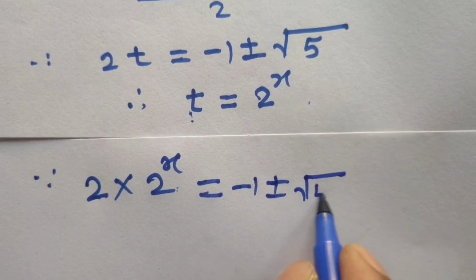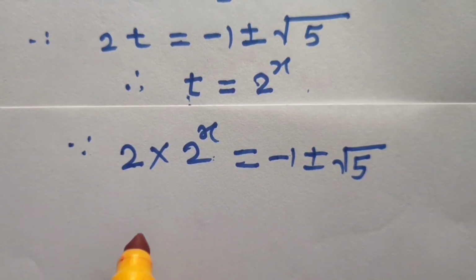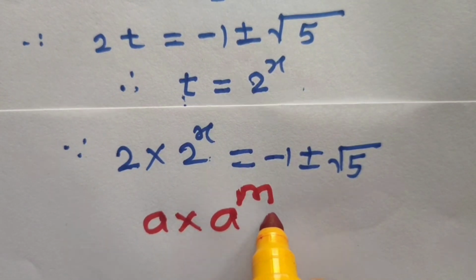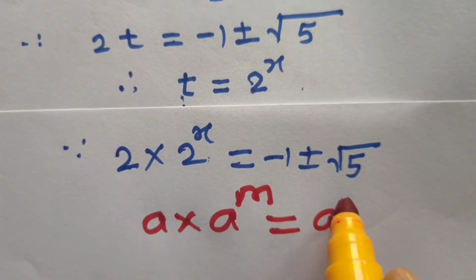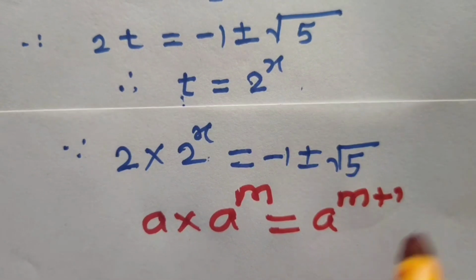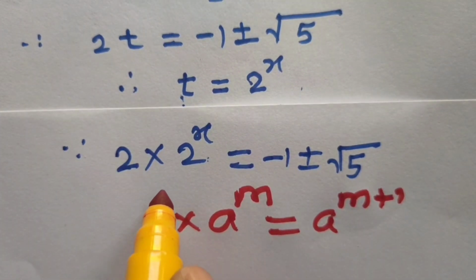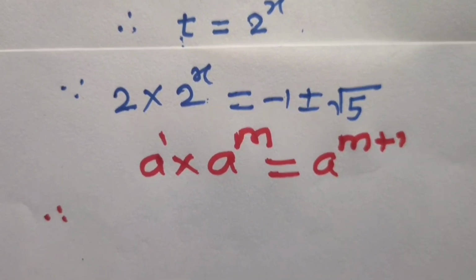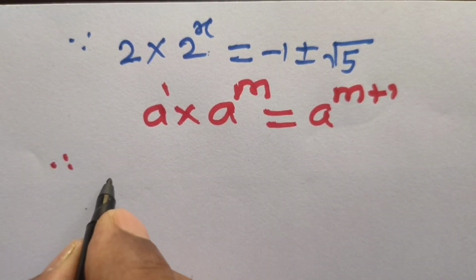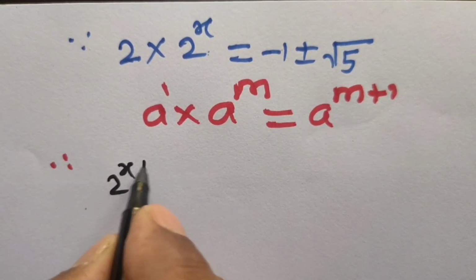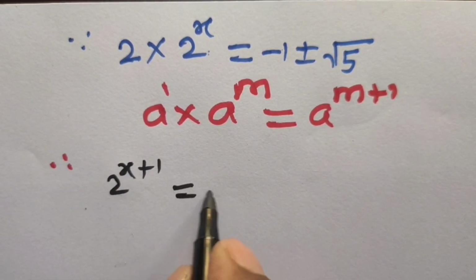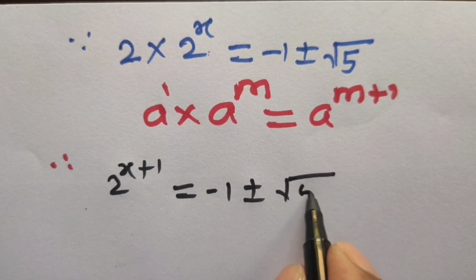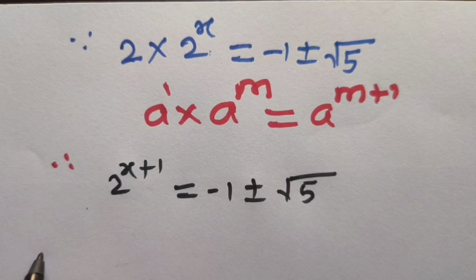But we know a into a to the power m is equal to a to the power m plus 1, because here the power of a is 1. So 2 into 2 to the power x can be written as 2 to the power x plus 1, which is equal to minus 1 plus or minus square root of 5. Hence 2 to the power x plus 1